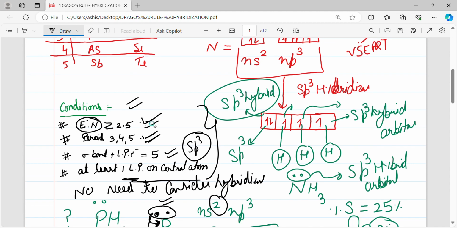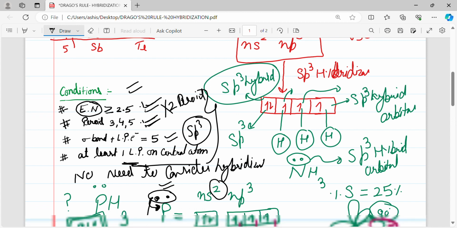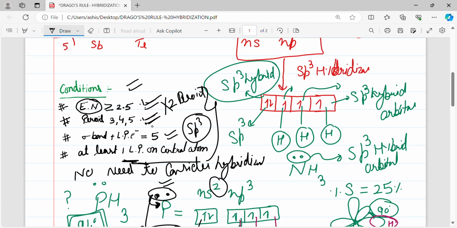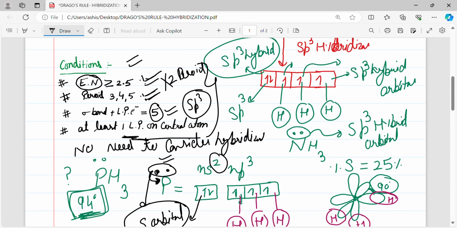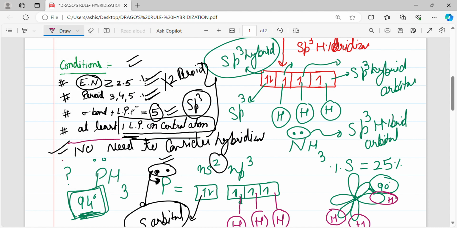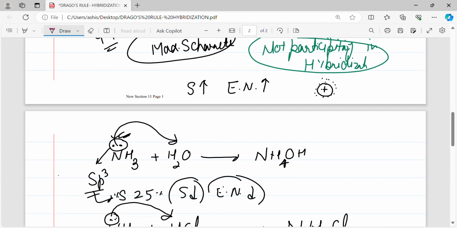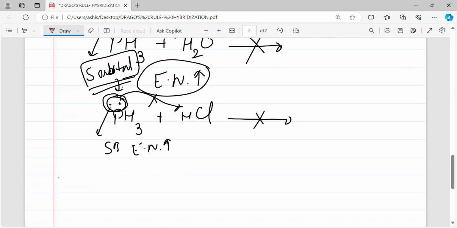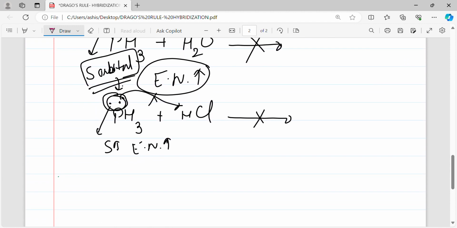So that is called Drago's rule. What is the summary for Drago's rule? According to Drago's rule, if in any compound or any hydride the electronegativity of the central atom is more than 2.5, the central atom belongs to the third, fourth, fifth, sixth period and not the second period, and the sum of sigma bonds and lone pairs is equal to 4, means sp3 hybridization, and at least one lone pair is present on the central atom,